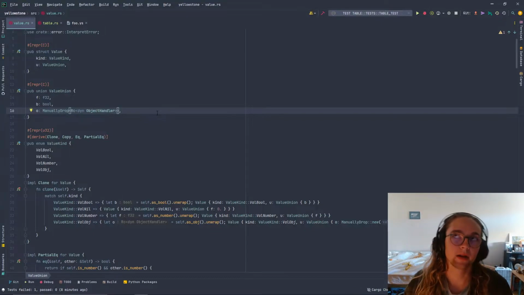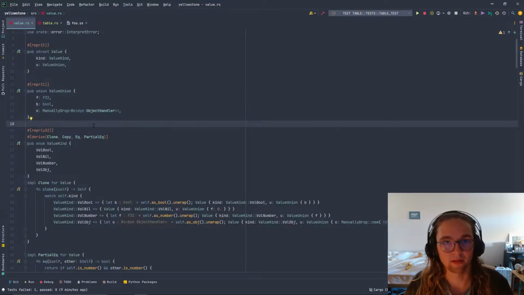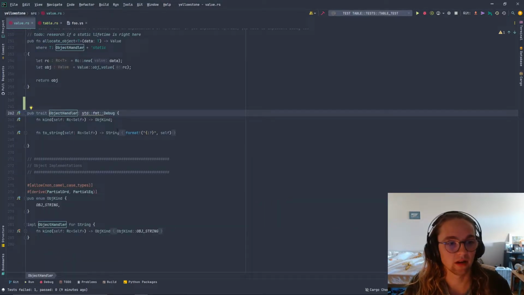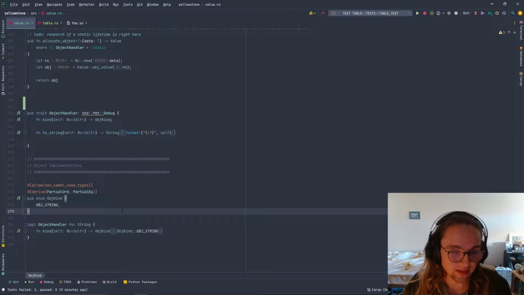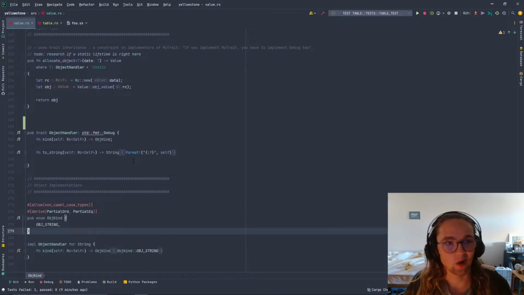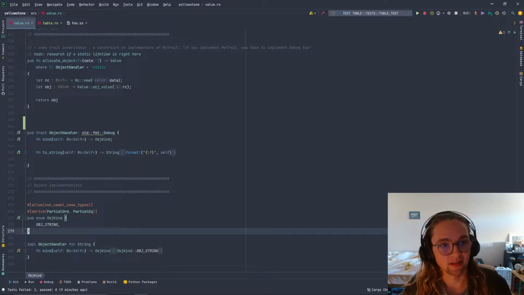This was pretty tricky to implement because of the different paradigm of storing things on the heap. I essentially needed to create some sort of mechanism where any object could be stored on the heap. So I did that using something called a trait object, which is how Rust tries to mimic some object-oriented programming in terms of interfaces, I believe. I have this thing called object handler, and basically any type can implement object handler, and right now I just have strings doing that. This basically tells Rust that, okay, strings are allowed to be stored on the heap, and we're good to go. This isn't a lot of code, but it was tricky because I had to deal with generics, lifetimes,